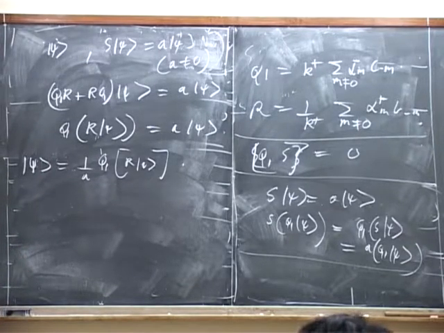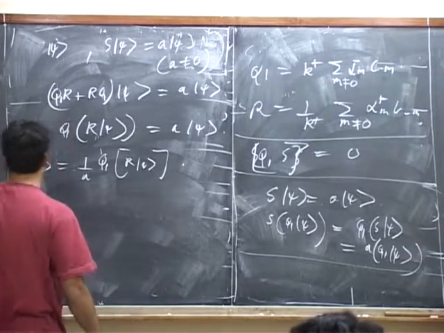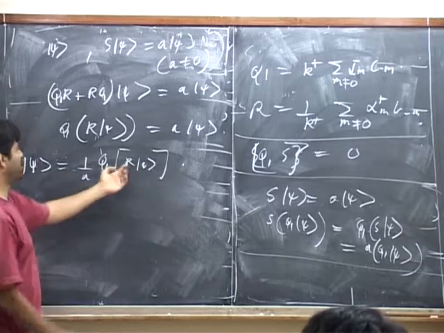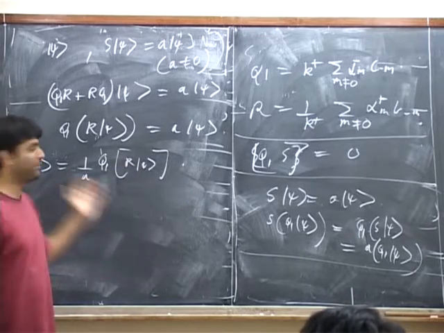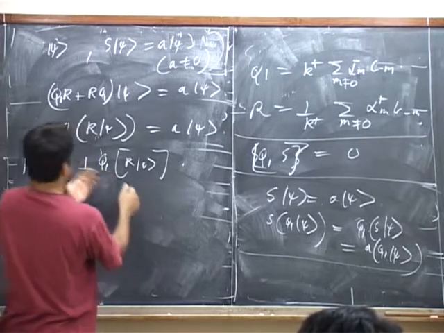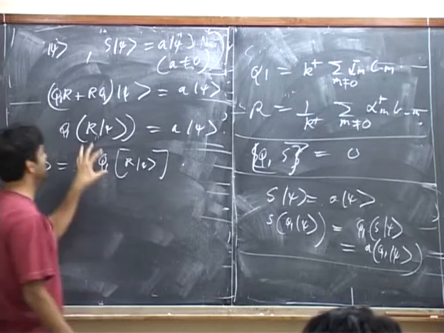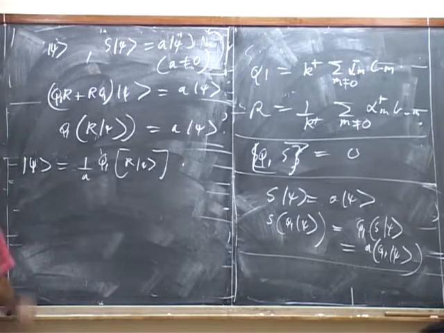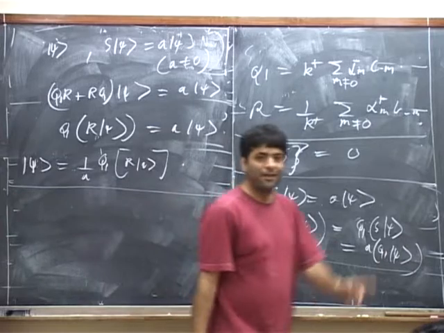Which tells us that if psi is not equal to 0, of course there's a possibility that psi was 0, in which case you would have R annihilating psi. So psi is not equal to 0, R psi is not equal to 0, otherwise this equation would not be satisfiable. Okay? So what you have is that this state is Q1 on some non-zero state, and therefore it's Q1 exact. Okay? It's a very simple argument.